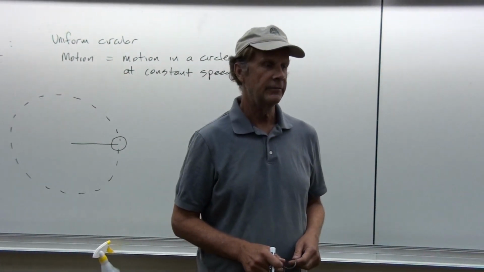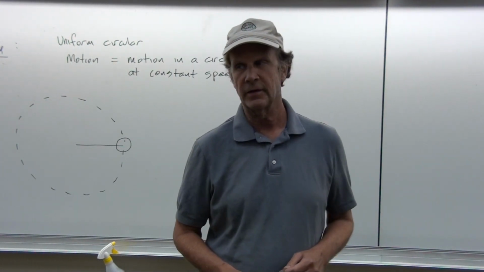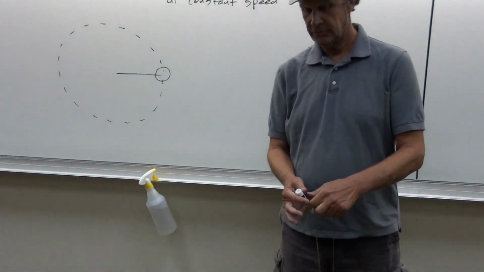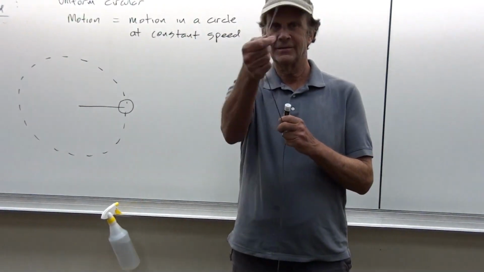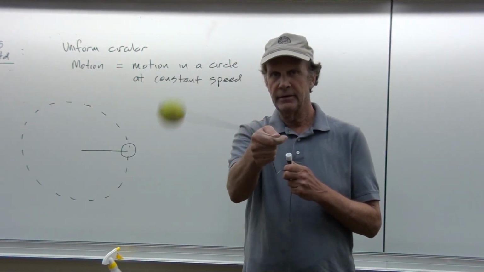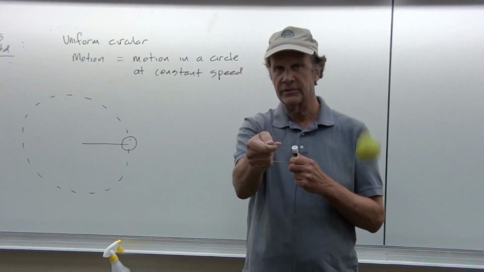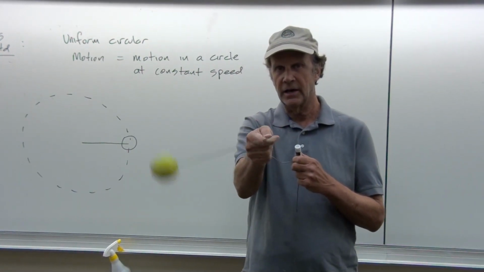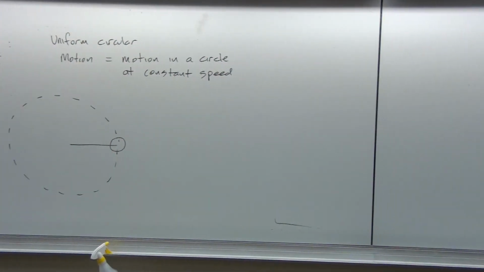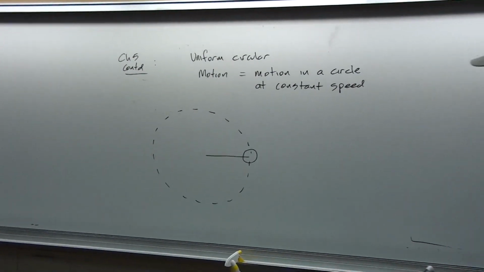We're still in chapter 5, and what I want to look at next is uniform circular motion. Put simply, it's this kind of motion here, where you're going around in a circle, but you're not accelerating the speed. The speed of the motion as it goes round and round stays constant. So the radius is constant and the speed is constant in uniform circular motion.